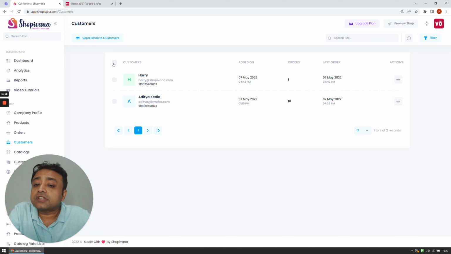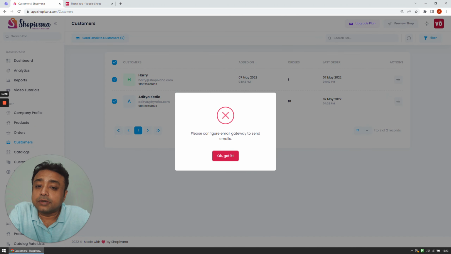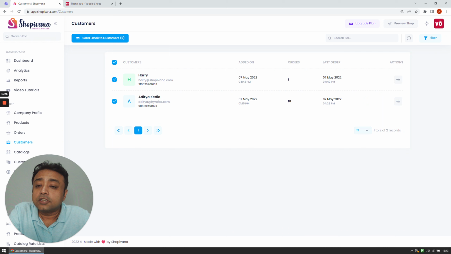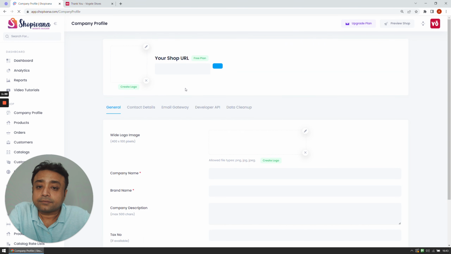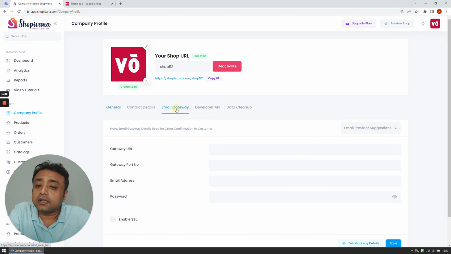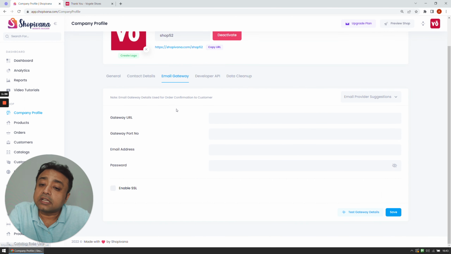Moreover, if you want to send out emails to all these customers, you can select those customers and send out emails. Having said that, right now if I click on it, then it's going to say please configure your email gateway. In order to configure your email gateway, you need to go into shop settings, or company profile rather. And in the company profile, under email gateway, you can configure your email gateway. We are not going to get into that because that's a different